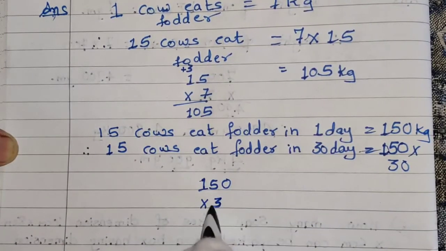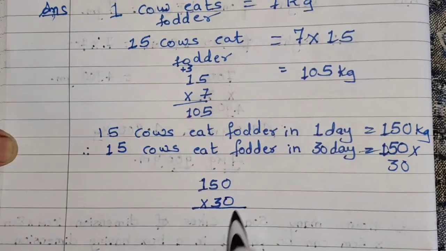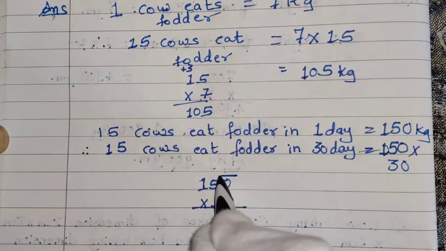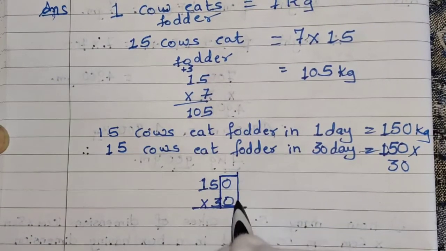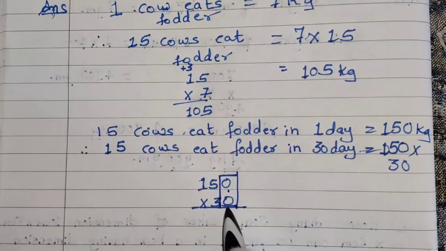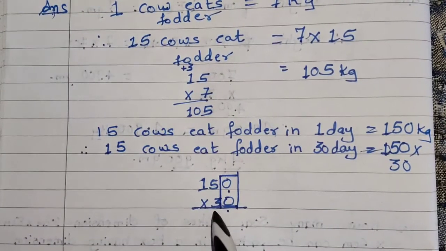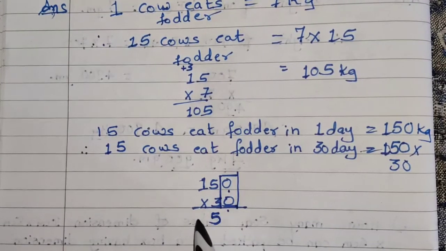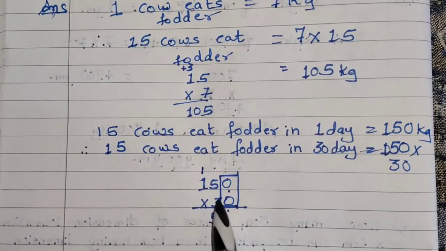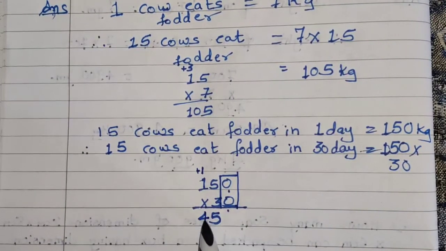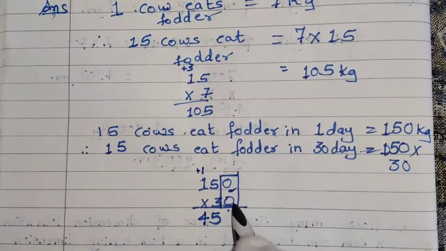105 multiplied by 30. So, students, I am going to show you one shortcut for zeros. See, these zeros are at the end. I am making the box of them. See, both the boxes. How many zeros are there? I am not going to look at them till I complete my multiplication. Let us first multiply only 15 by 3. 3 5s are 15. So, 5 here and carried 1 above. 3 1s are 3 and plus 1, that is 4. Now, how many zeros we have actually not seen? 2 zeros. That zeros we are going to put at the end.